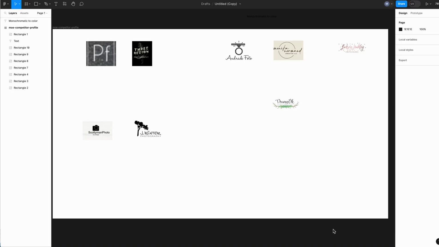For your 10 competitor logo assignment in Figma, I'm going to start you out with a Figma board that's almost done. At this point you would have opened a new design file, put an artboard down, named it, and then you are bringing in